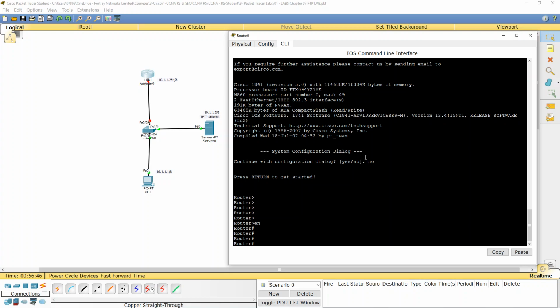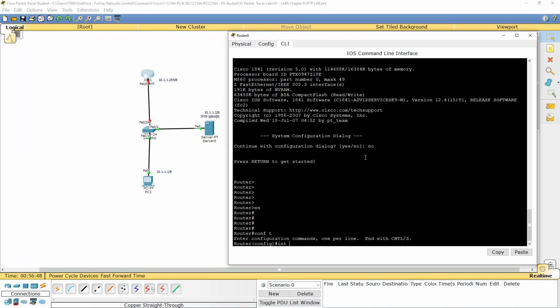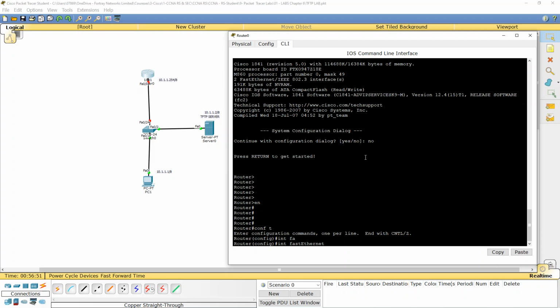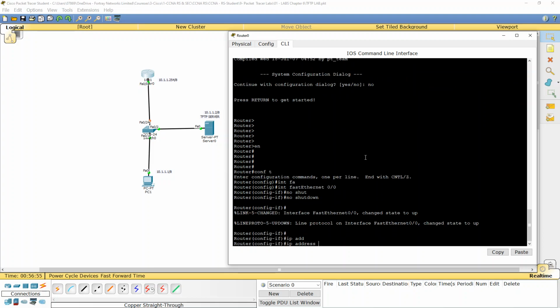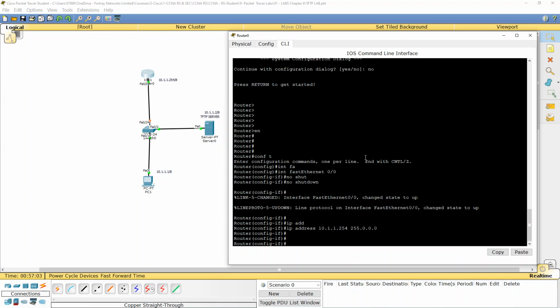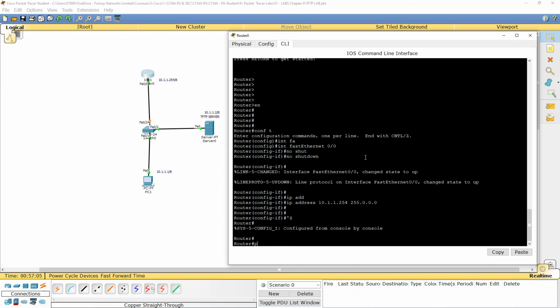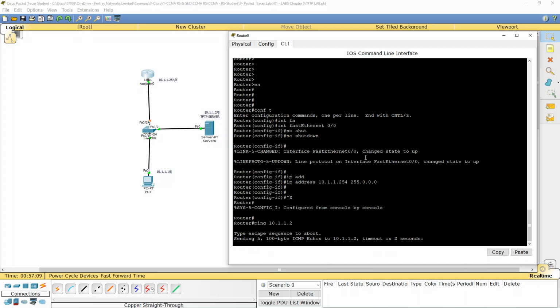So how can I do this? In interface fast 0/0, no shut, IP address 10.1.1.254. You can see the interface come up, and you need to make sure that you can ping the other side.